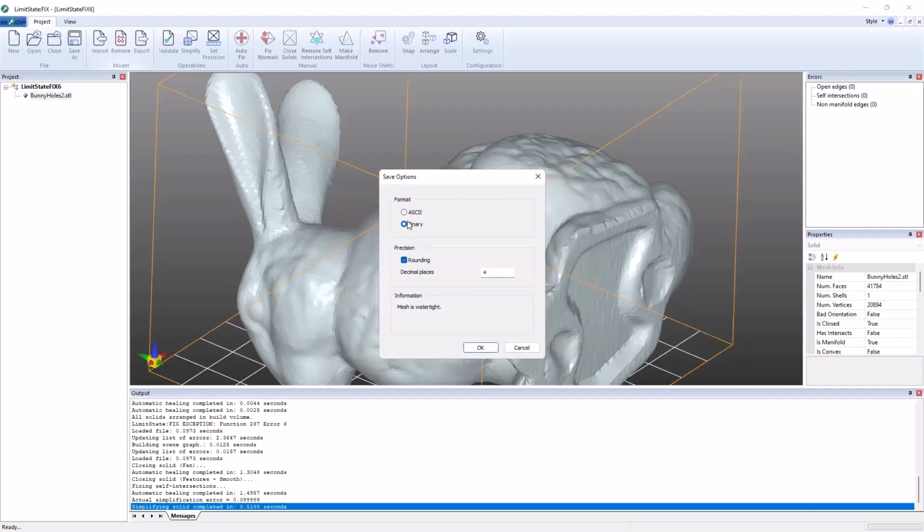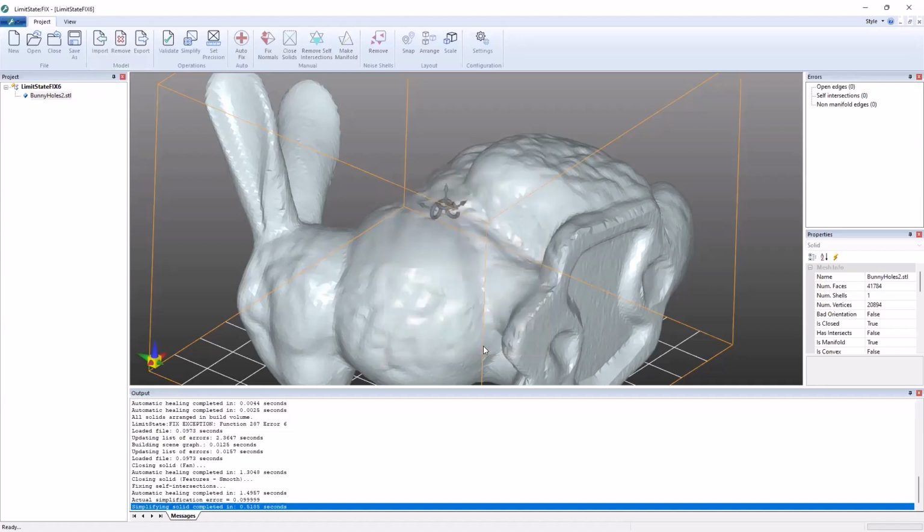So I'm going to save it in a binary format, and I'm going to take off the rounding precision. So behind the scenes, LimitState Fix is saving everything to a high decimal precision. What you can do when you're exporting is round off all of those coordinates in order that you can then increase the chances of it being read in without any flags in other software. But within this, I'm going to turn off that rounding down precision, and we can see at the moment it's saying mesh is watertight. Click OK,